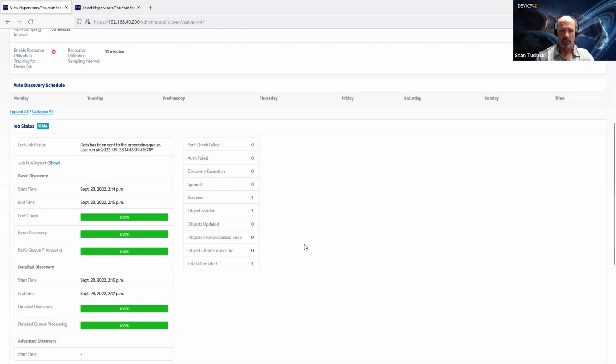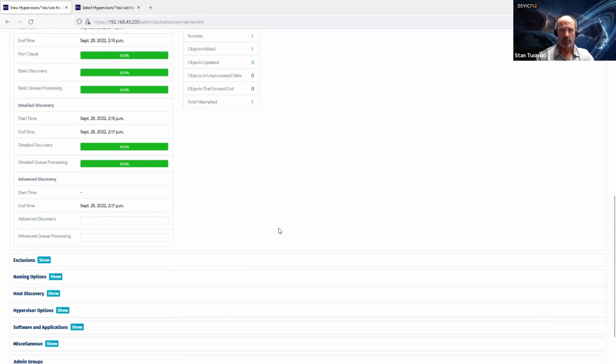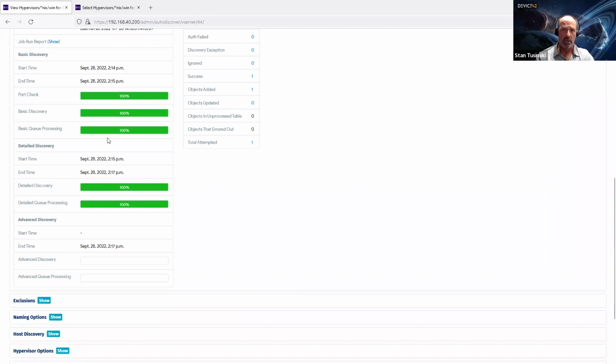I'm trying to be aware of time because I want some time for any questions at the end. So you can see I've done my basic discovery. All 3 bars have passed. I can see a start and an end time. Detailed discovery, again, start and end time, took 2 minutes for that. And then advanced discovery, there really wasn't too much to gather there. So it ended at 2:17 after it got past the detailed. But you can see from start to end, from 2:14 to 2:17, it took 3 minutes to discover everything on